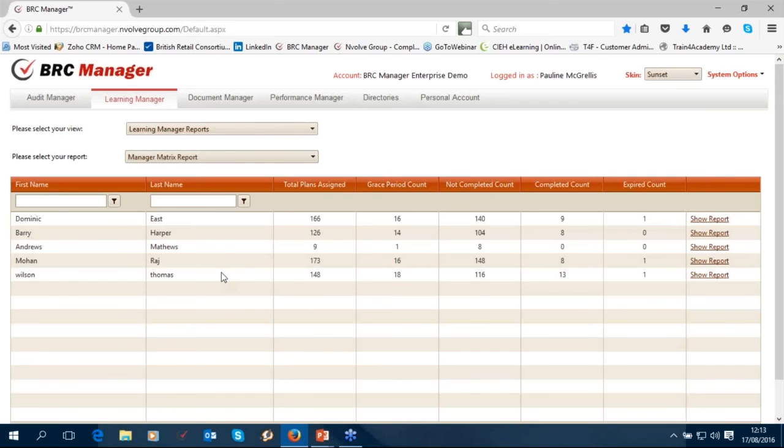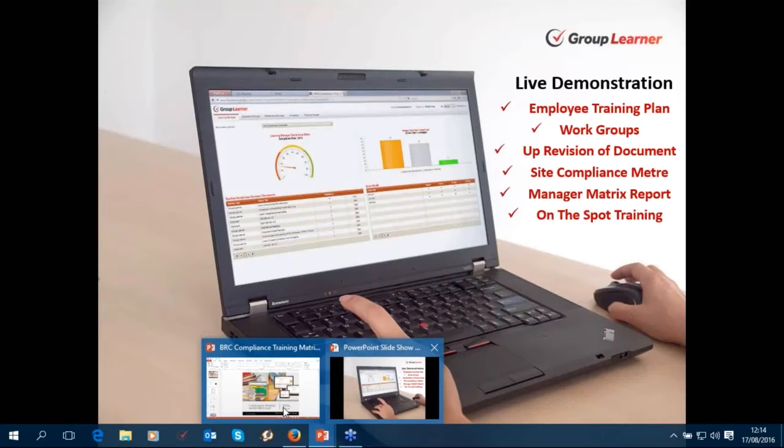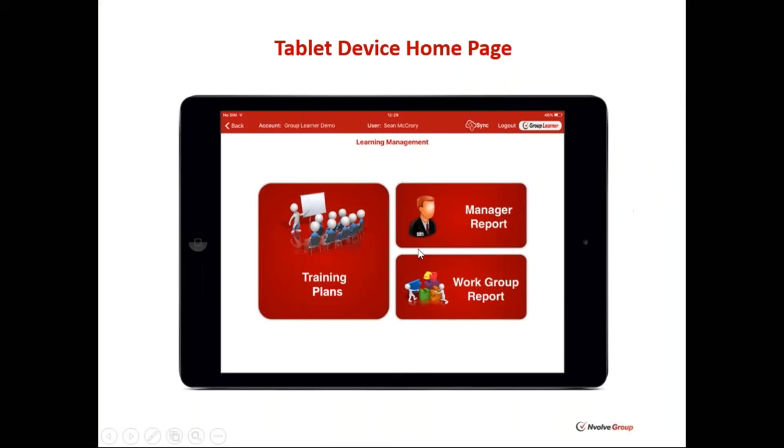So that just really touches a little bit, and gives you a little bit of an overview on the reporting side. I talked a wee bit about the compliance manager, and that gives you the high-level overview in the dashboard, as I mentioned earlier. But one of the things that I haven't touched on, and I'm just going to pop back to my presentation here, is the